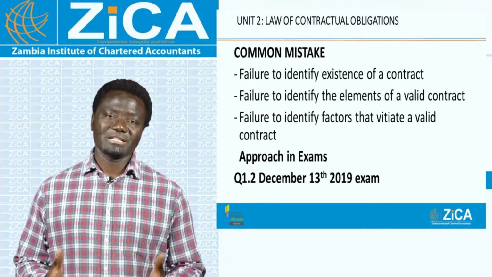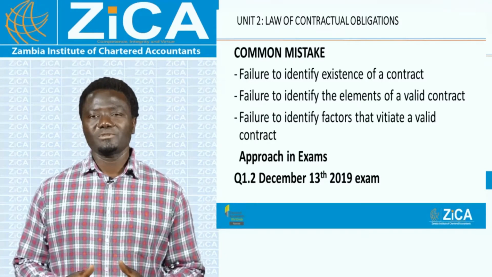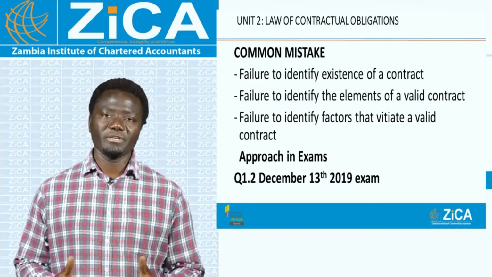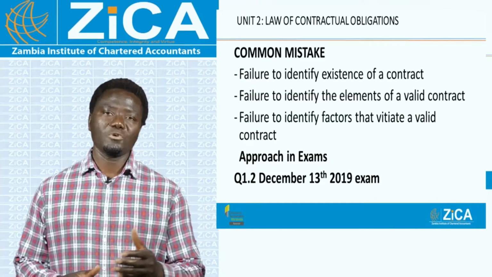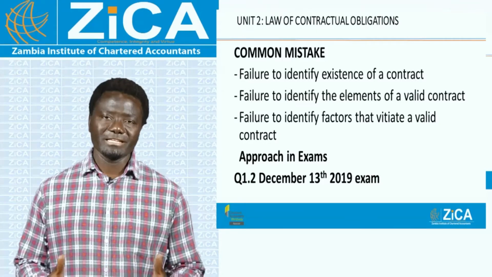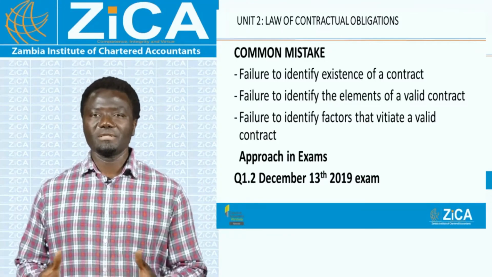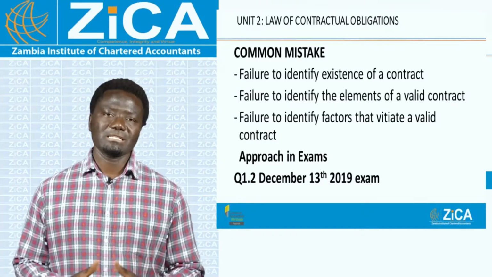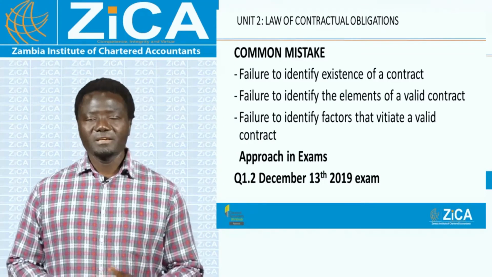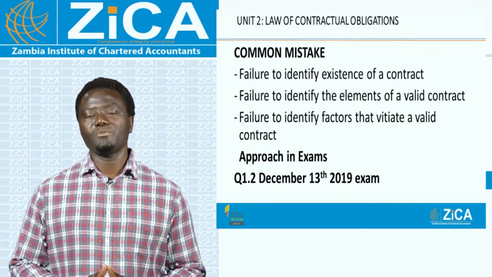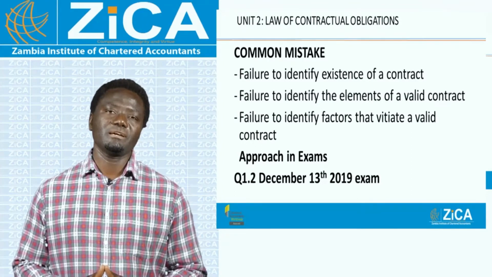A contract can be made, but at a later stage, the courts actually have the power to declare a contract void. Now, what are some of those factors that may actually cause a contract to be vitiated or invalidated? That is one of the things that equally we expect you as learners to be able to understand or to know. So again, I'm going to give an example of an examination question that was set in, or sat